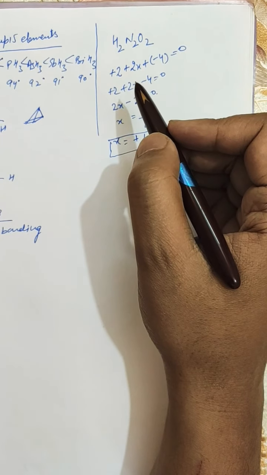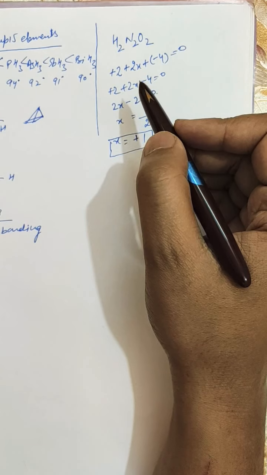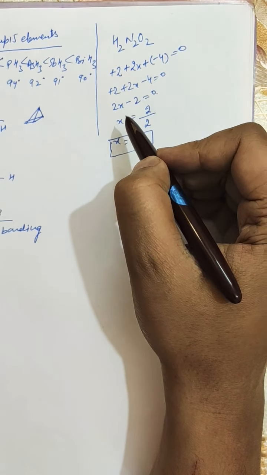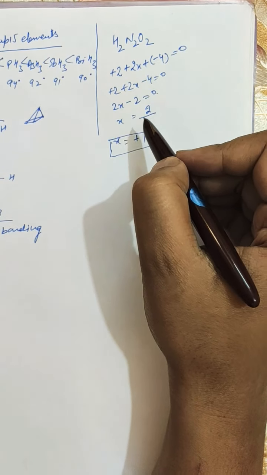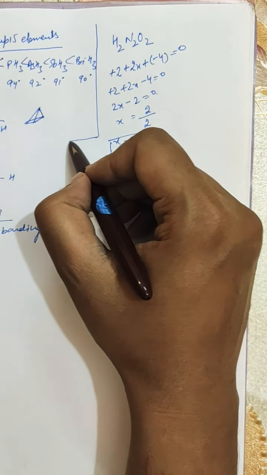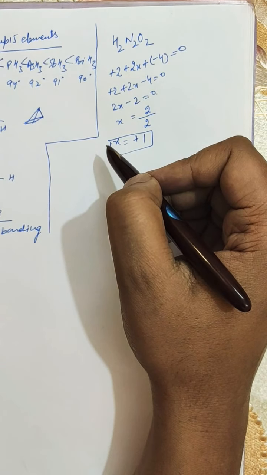So further there are the different reactions, like preparation of hyponitrous acid, that are given in the book. You can go through them. Those are repetitive reactions, so I don't want to discuss them here. You can see them from the book. If you find any problem, then do contact me.